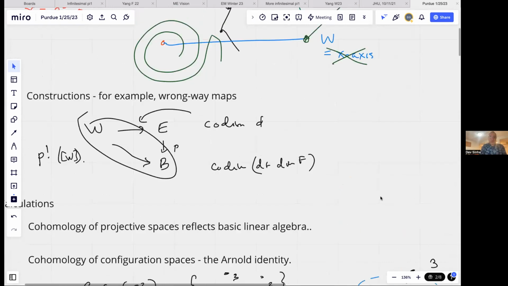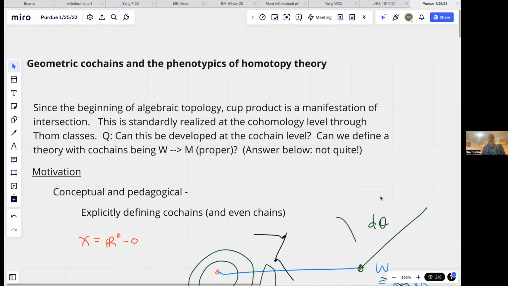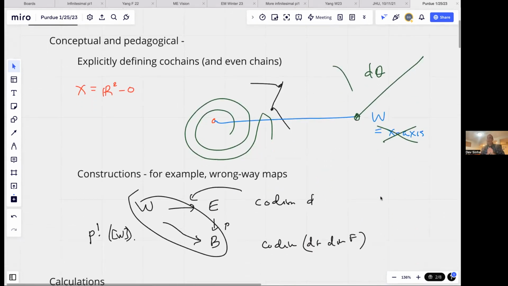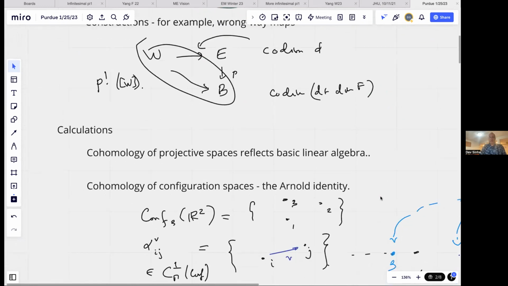And obviously, if W to M is supposed to be proper and M is compact, then you do have the same set of objects, and that's Poincare duality. So this is Poincare duality at the chain cochain level, if you will. But yeah, they do feel different for those 2 reasons that I just said. Thank you. Okay. Yeah.